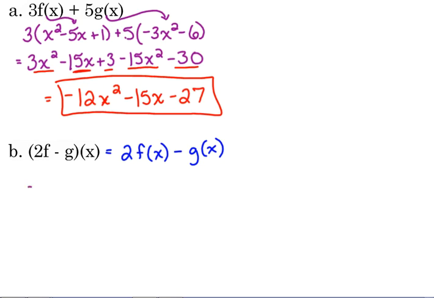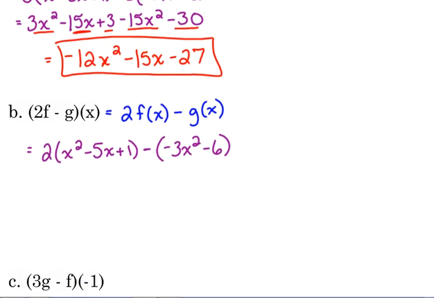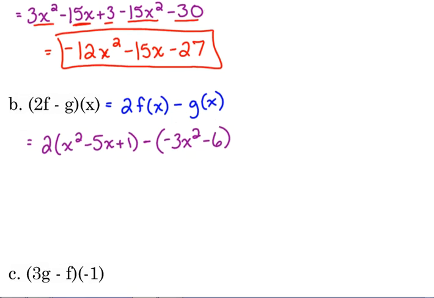So let's do this. 2 times our f function, x squared minus 5x plus 1, minus, and this is what will throw most people, anytime there's a minus involved, whatever follows that minus sign needs to be in a set of parentheses, because you need to apply that negative to that entire function, not just the front of it, not just the first term, but to the entire function. So let's